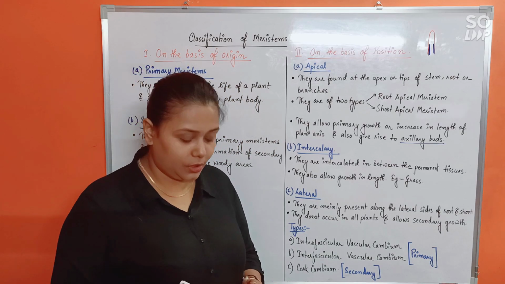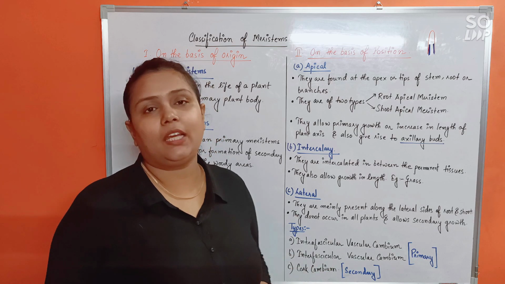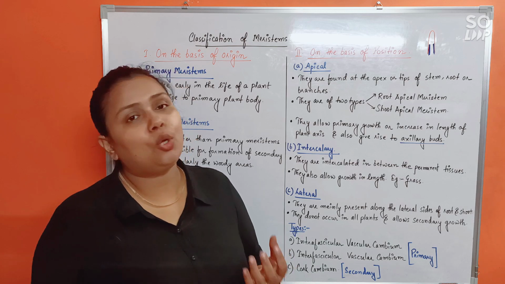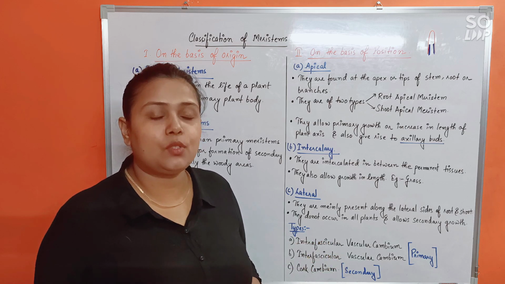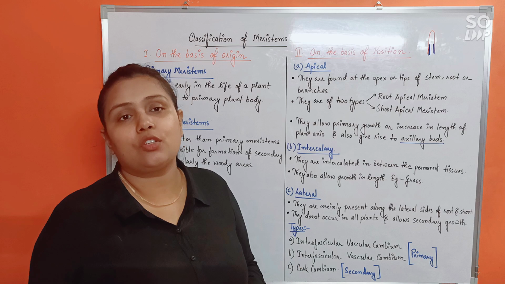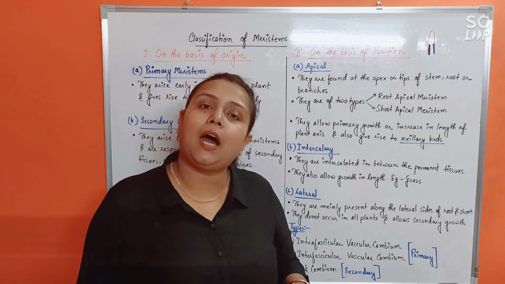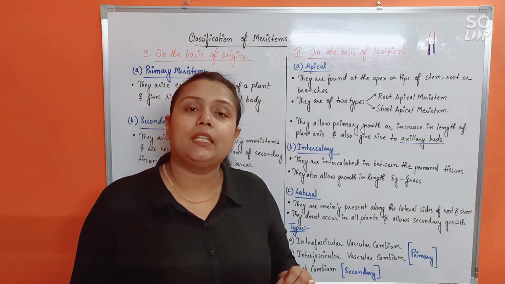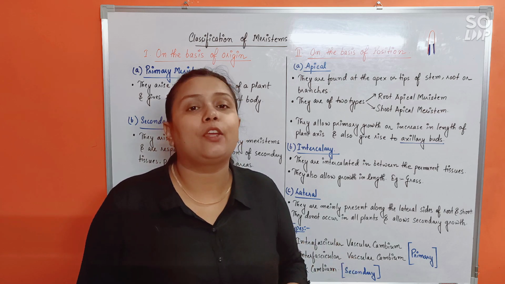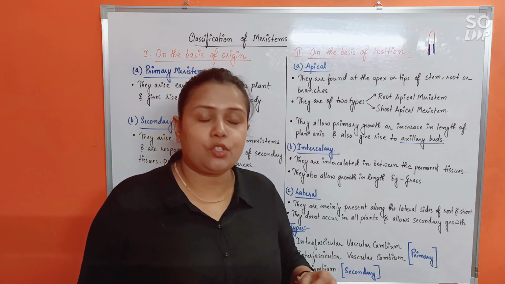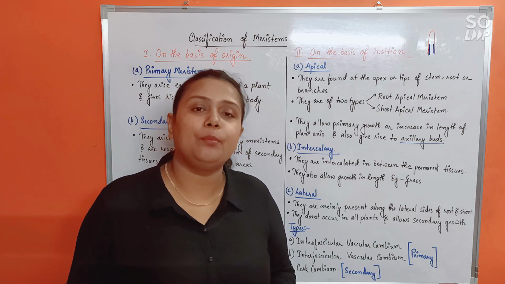Now this is very, very important. Secondary growth, we can commonly call wood formation, and not all plants show wood formation, right? So lateral meristems, which allow secondary growth or wood formation, do not occur in every kind of plant body. Apical meristem and intercalary meristem are present in all types of plants, but the lateral meristems are only present in certain plants. And mostly what kind of plants? The dicots. Lateral meristems are mostly found in the dicots. They are not usually found in the monocots.